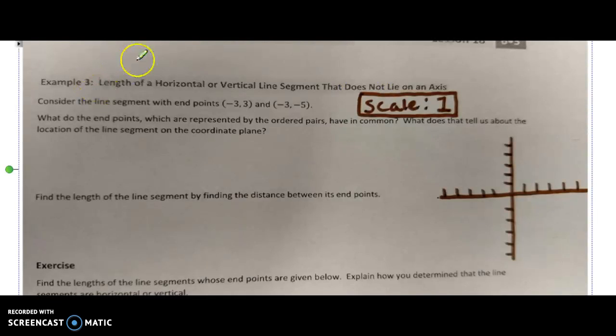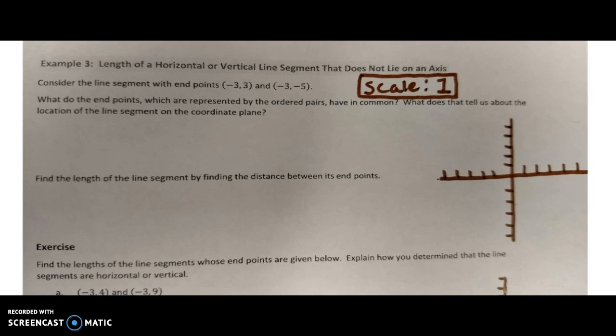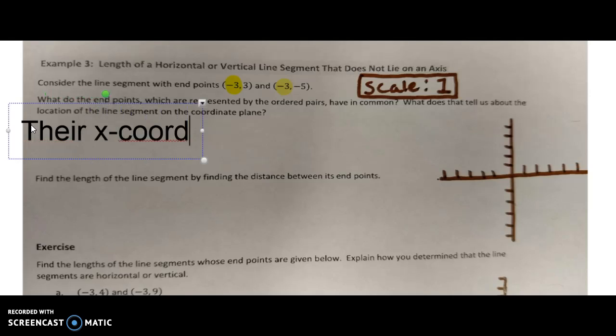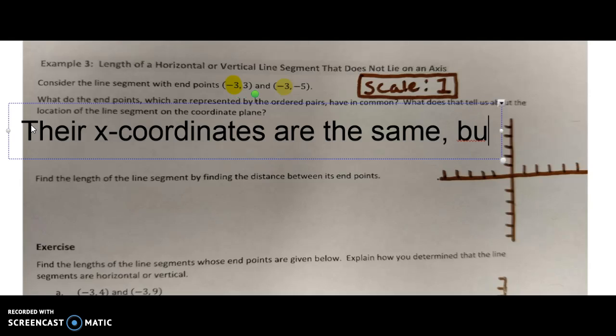Okay, now let's go to example 3. The length of a horizontal or vertical line segment that does not lie on an axis. Consider the line segment with endpoints -3, 3 and -3, -5. What do the endpoints, which are represented by the ordered pairs, have in common? What does that tell us about the location of the line segment on the coordinate plane? So I'm noticing that they both have -3 for their x-coordinate. So we're going to say here, their x-coordinates are the same, but I'm noticing that they are in different